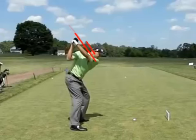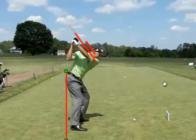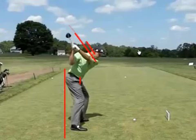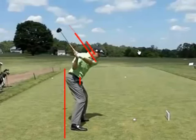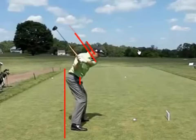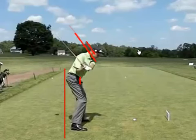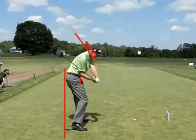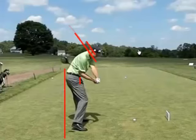I want to bring this line back in here behind that right butt cheek, and I'll have another one maybe right about so. Now watch how he keeps his rear end back against that line as he shifts targetward and begins to clear the hips, and the right elbow goes in front of that right hip bone. Now this is vital to keep the shaft on plane, avoid having any spine angle changes that interrupt that arm